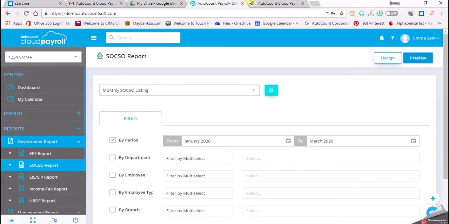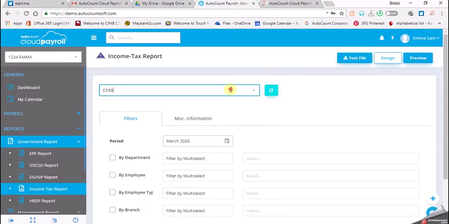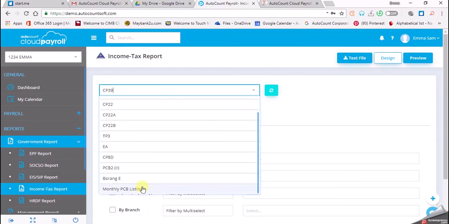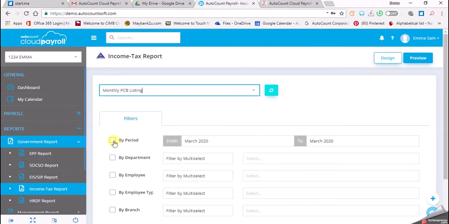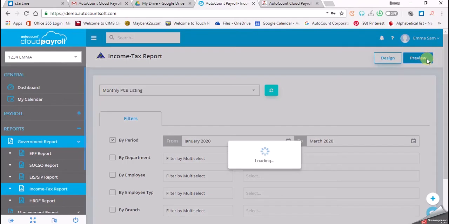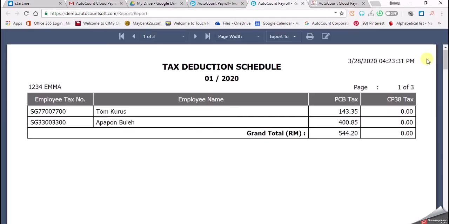The next one we're going to view is under income tax report, monthly PCB listing. So we click on income tax report and we select for monthly PCB listing. Also the same, we check for buy period and we see from January, click until March and click on preview. And this is the monthly PCB calculation for January until March for 2 employee only, which is Tom Cruise and